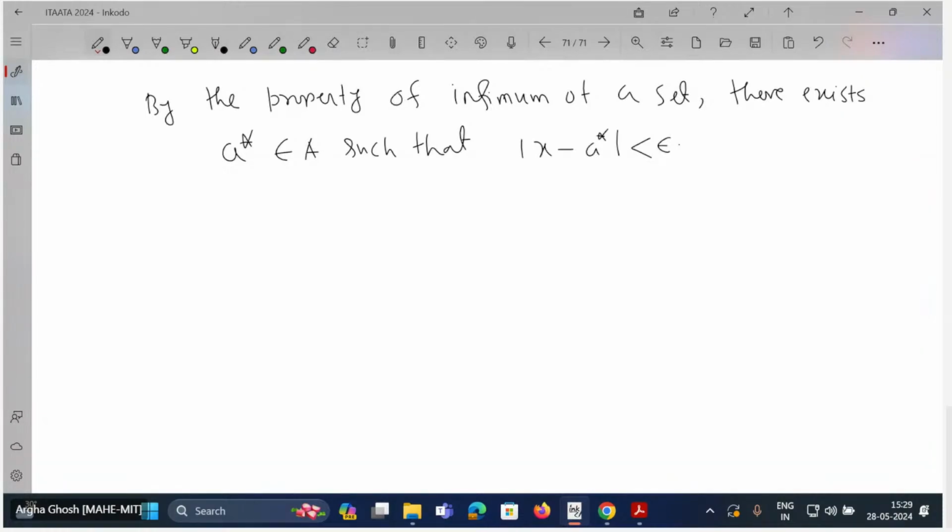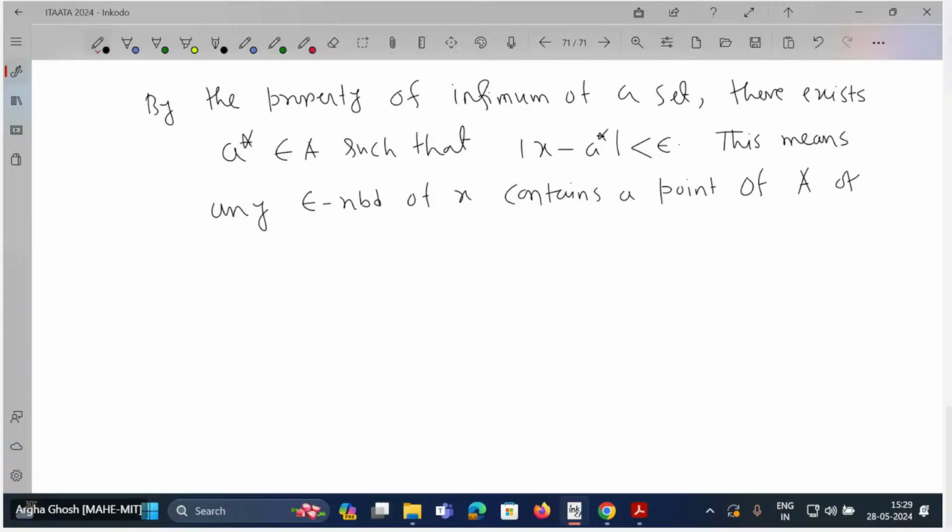That means any epsilon neighborhood of x contains a point of A other than